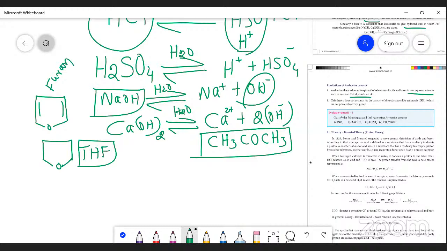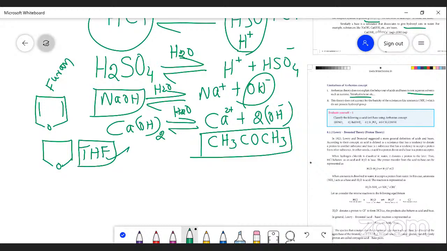Furan, when adding 4 hydrogens, one here, one here, one here, the double bond is removed, thus you are getting a tetrahydrofuran. So this non-aqueous solvent, you cannot explain the aqueous thing. When you are using aqueous, that is water, if H+ is coming out, it should be an acid. If OH- is coming out,